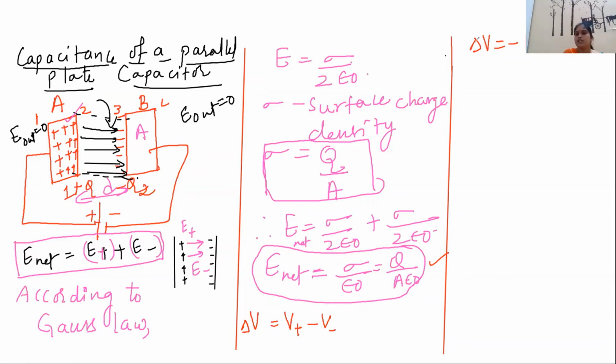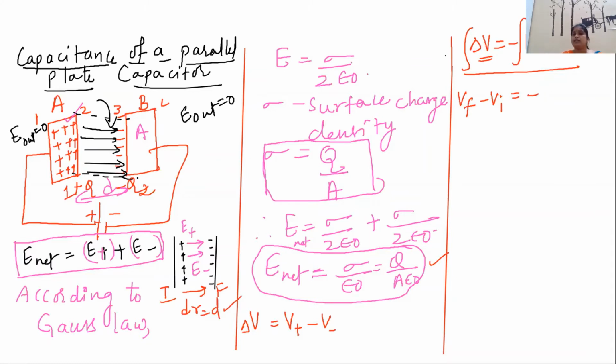So now what is the change in potential if you integrate on both sides? In general, the potential difference is V final minus V initial, which is equal to minus the integral of E dot dr. But what is dr? It is the distance between the two plates, because the total displacement is from the initial plate to the final plate. D is the distance covered by the charge carriers.